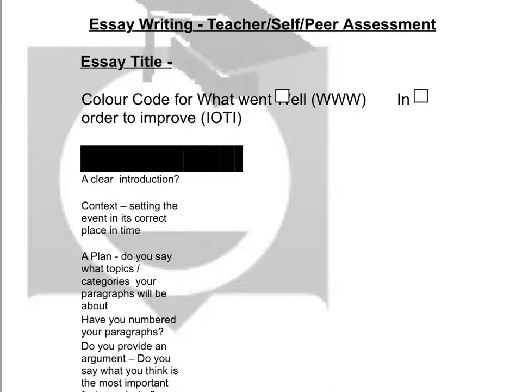In order to support the students with their essay writing development and an understanding of the components that make up the start of a good essay, we have put this sheet together. Now, this self-assessment, this checklist of things that we should be looking for, hasn't copied over particularly well. You don't see the grid on this, but the students will be handed a grid that they can use for